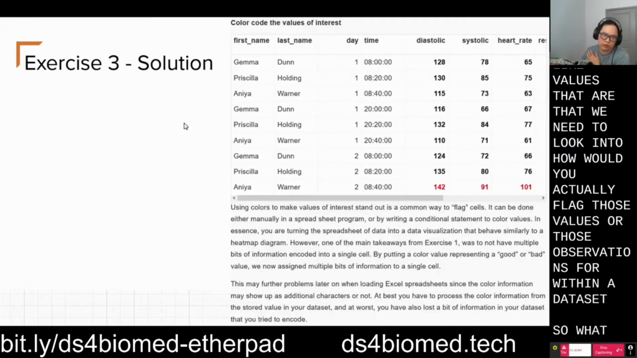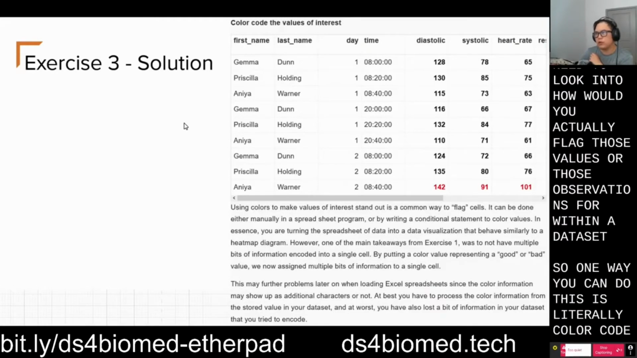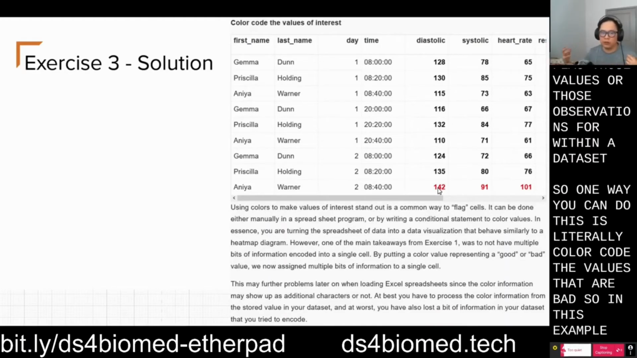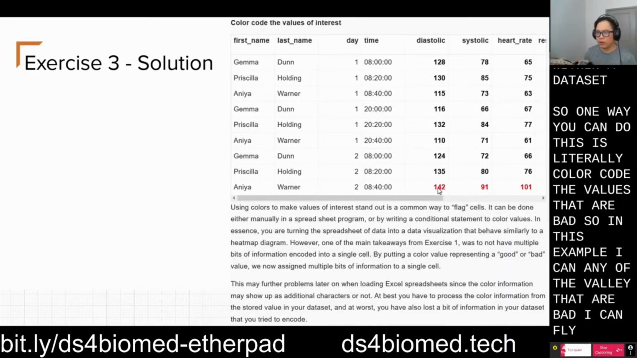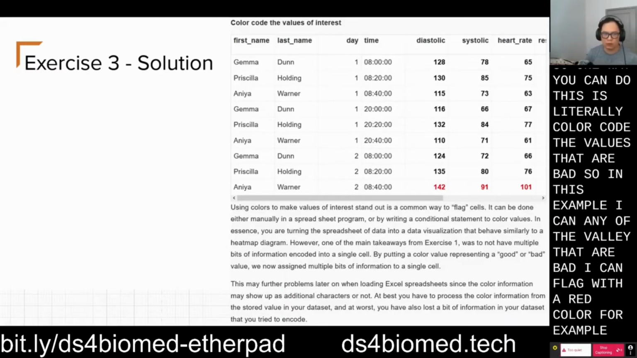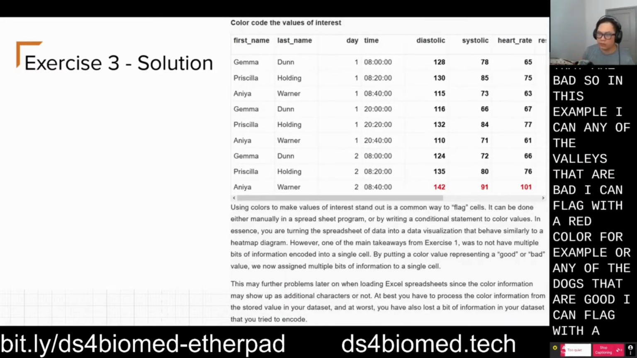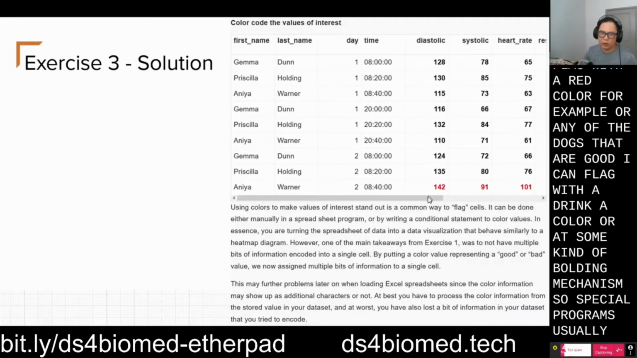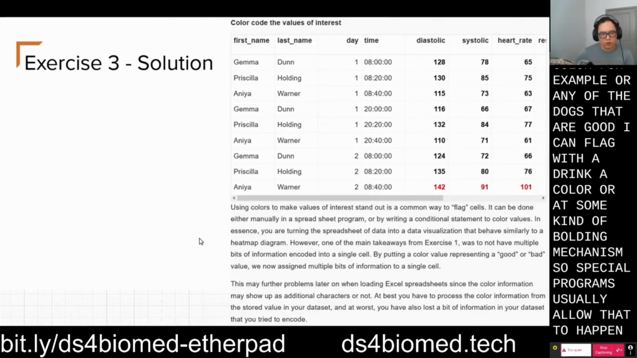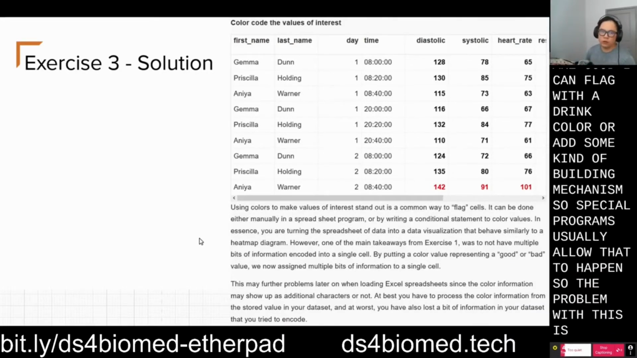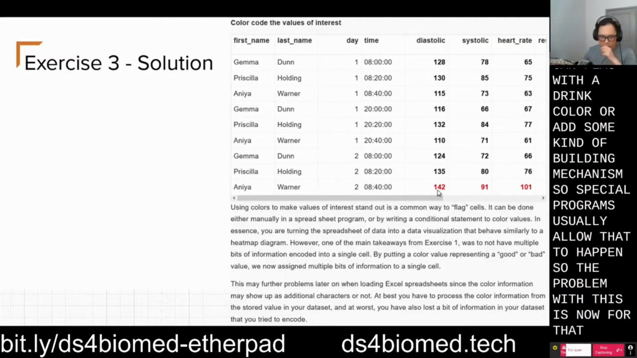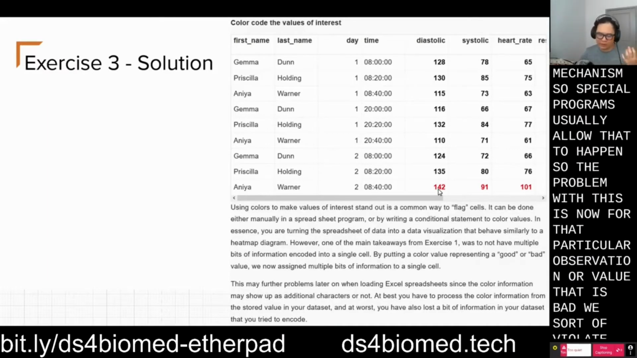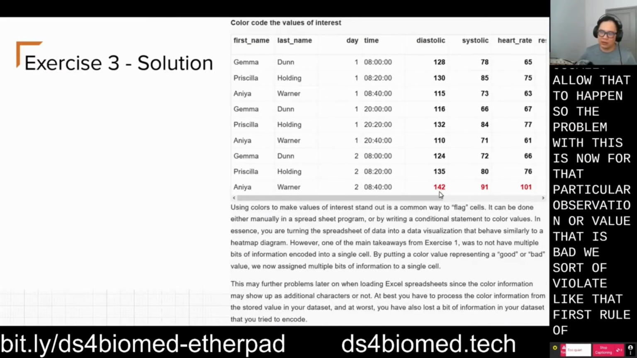So one way you can do this is literally color code the values that are bad. So in this example, any of the values that are bad, I can flag with a red color, for example. Or any of the values that are good, I can flag with a green. Spreadsheet programs usually allow that. So the problem now is that for that particular observation or value that is bad, we sort of violate